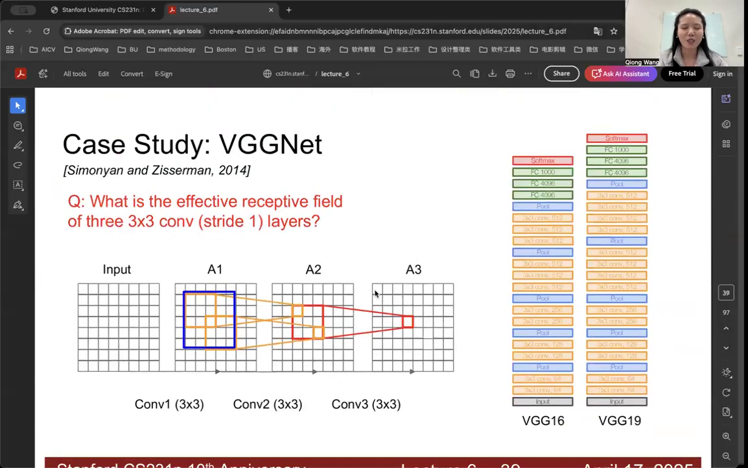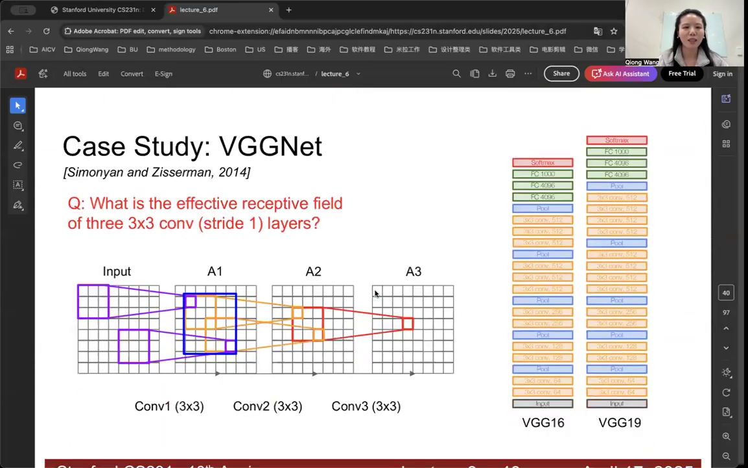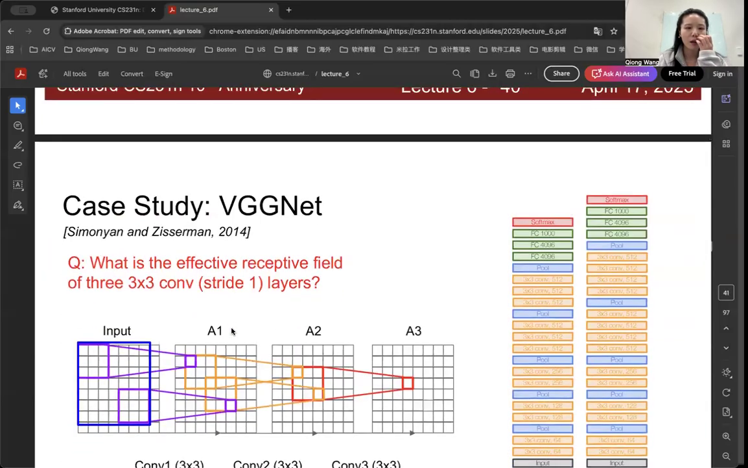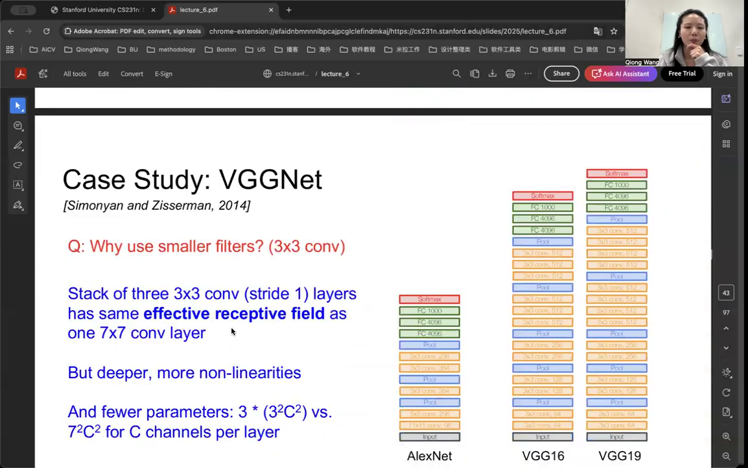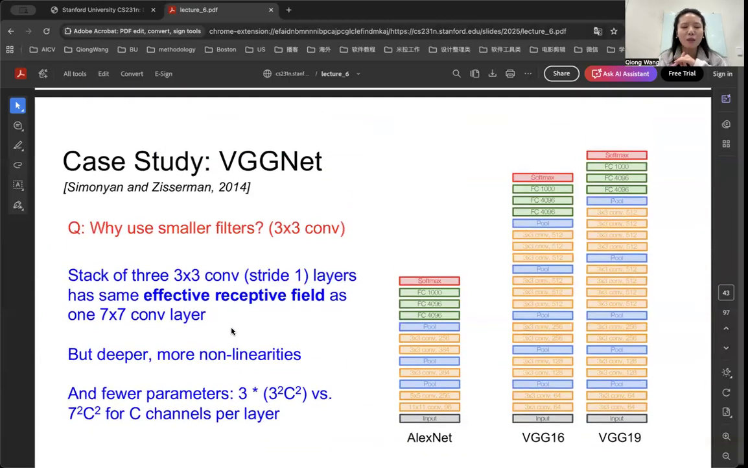Okay, let us calculate the number. I think it's 7. Yes, it's 7. What does that mean? The stack of 3x3 filters layers have the same effective